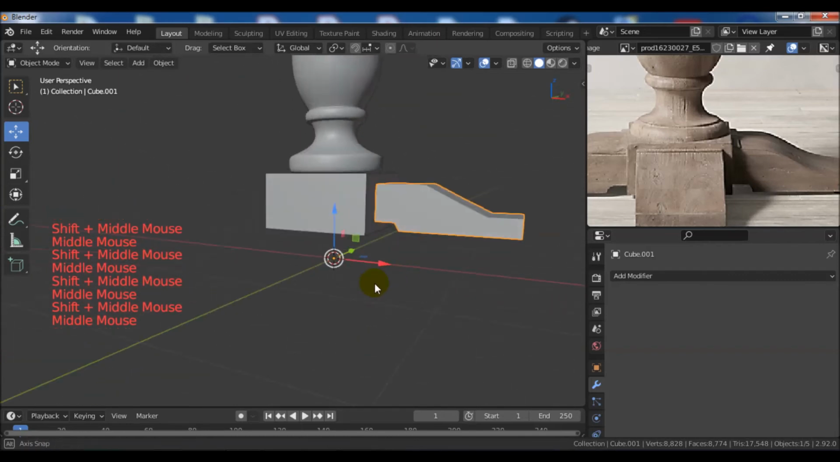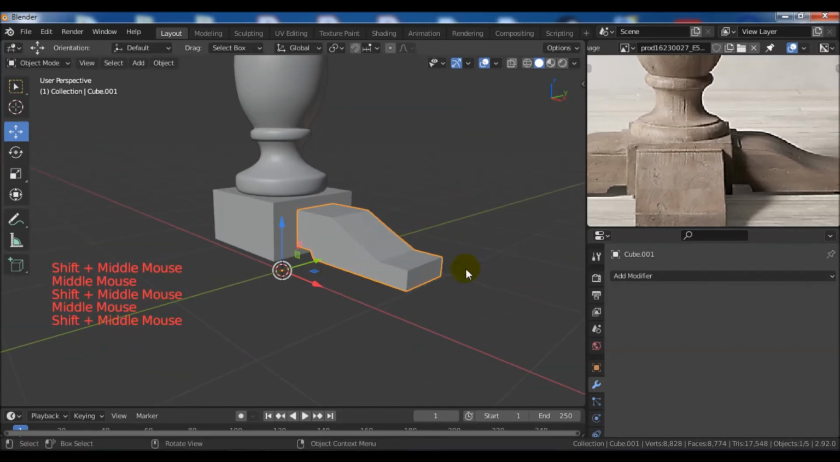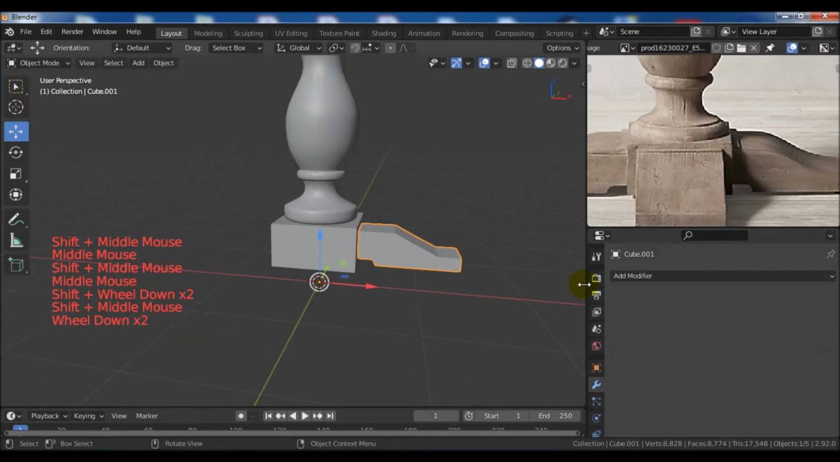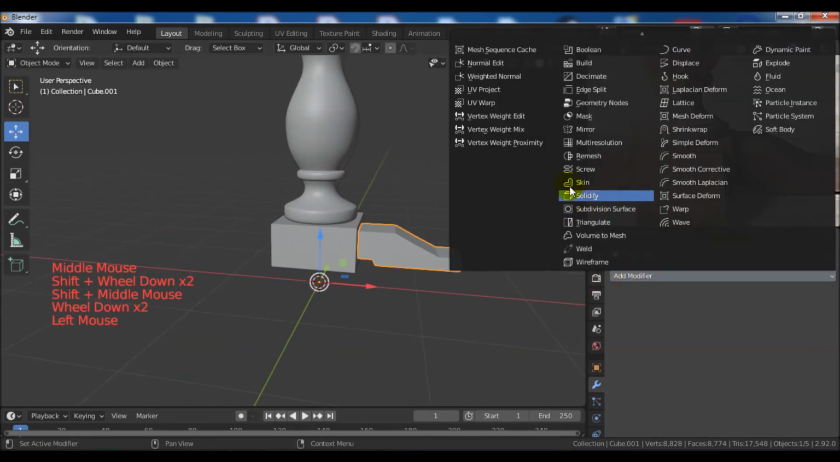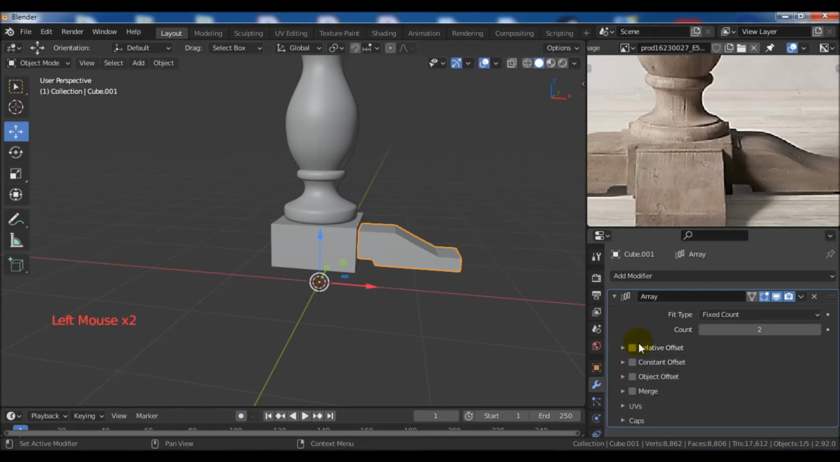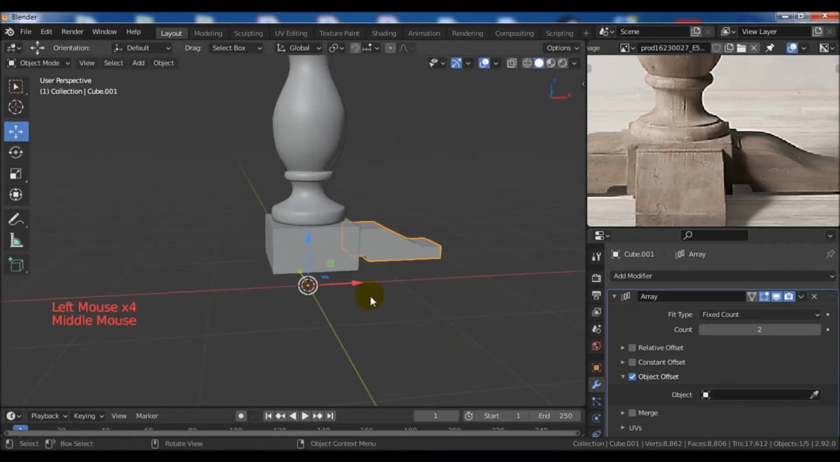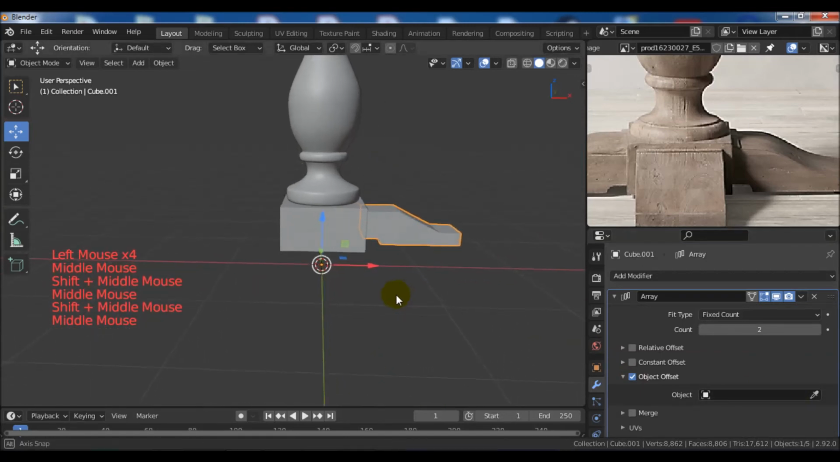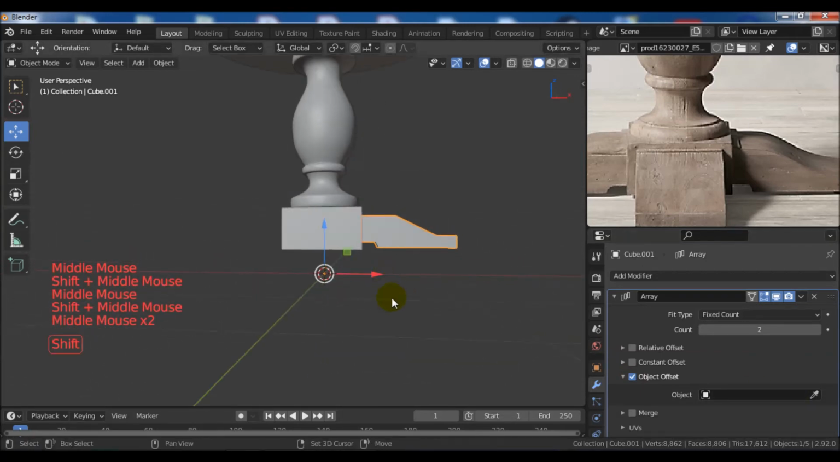and now we need to add an array modifier. So go to modifiers and add an array modifier here. Deselect this relative offset and select object offset, and now we need to add an empty